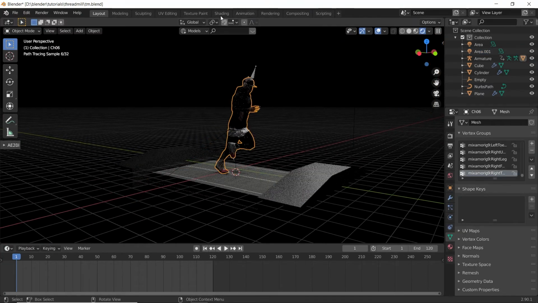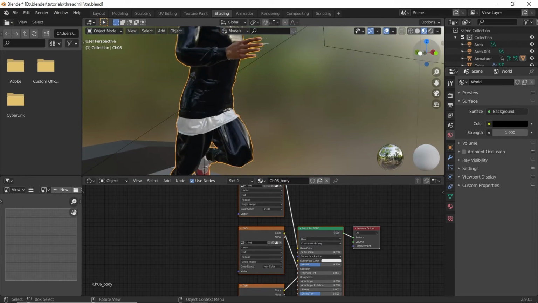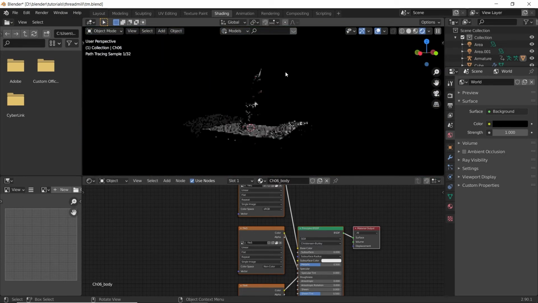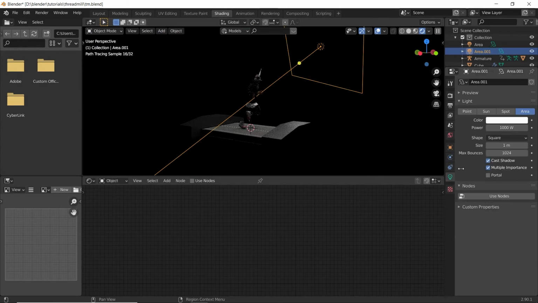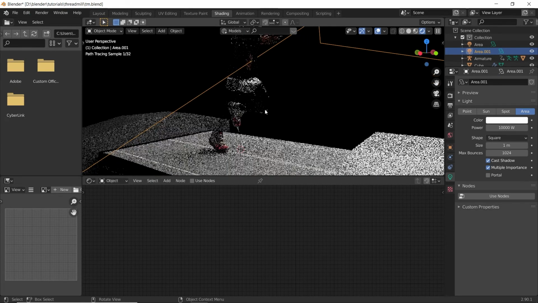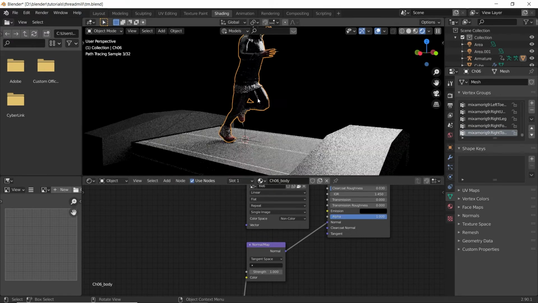Now let's go to shading tab. Okay, let's make it 10,000. See, we can't see some parts here. Just remove the alpha node here. Now you can see it.